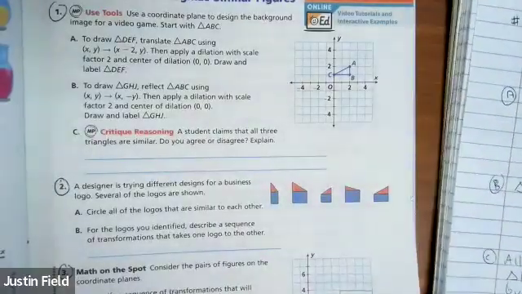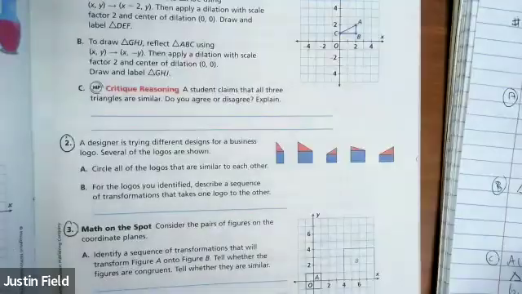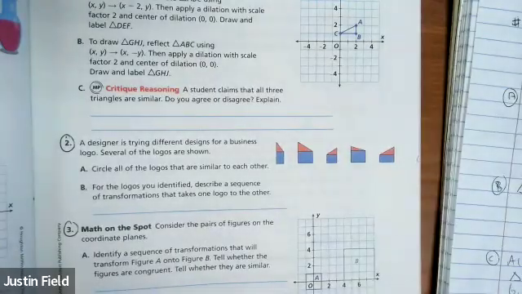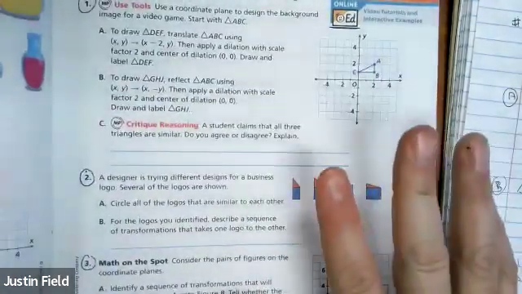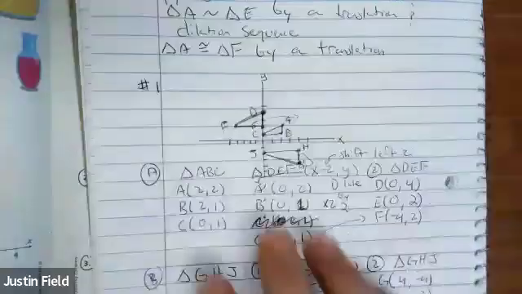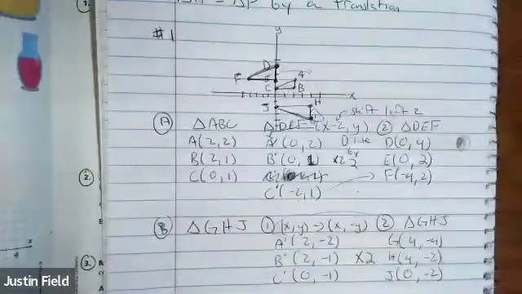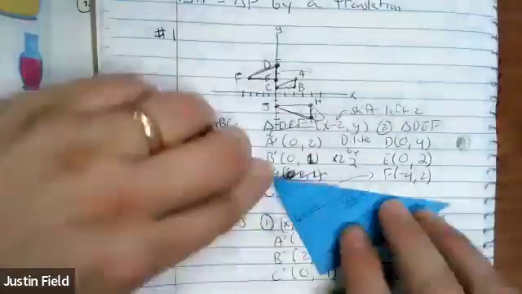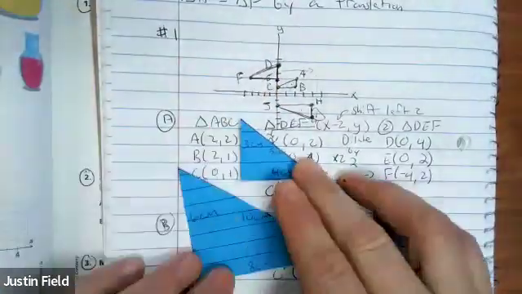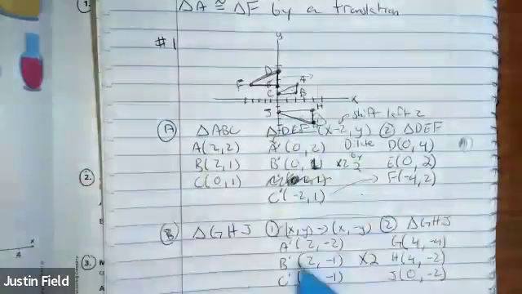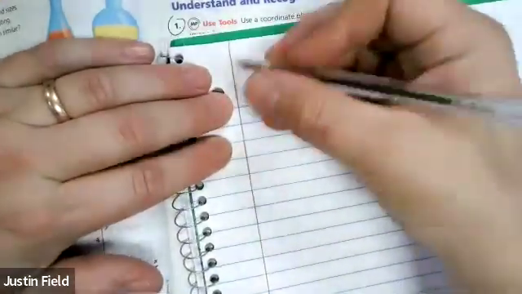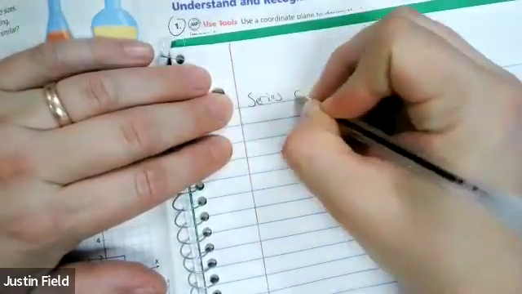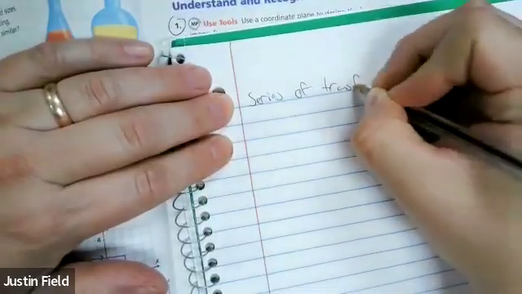All right. I think that is good. So we've talked about the series of transformations. We have done a series of transformations, and hopefully you also cut out these triangles and actually did a series of transformations. And so let's just go ahead. If you don't mind skipping 2 and 3, I think we're ready for a series of transformations